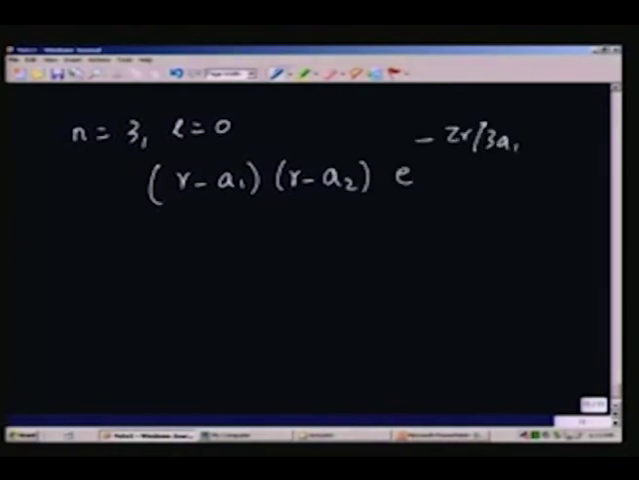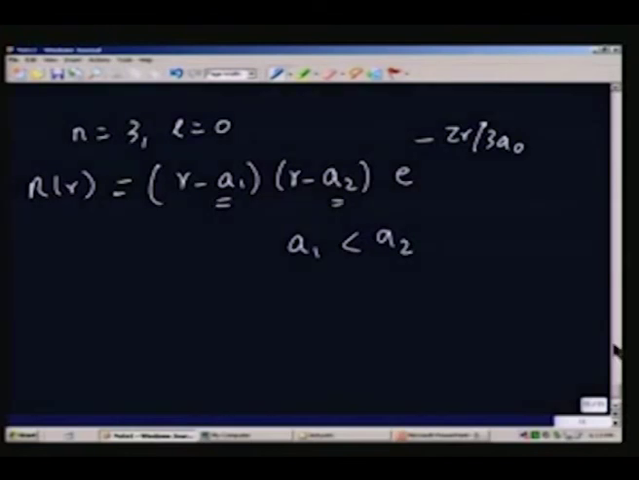The function can be written for n equal to 3 and L equal to 0 as a function (r minus a1) times (r minus a2) times e to the minus Zr by 3a naught, where these are the roots of the quadratic, and if we assume that a1 is less than a2, and if this is the radial function r, you see that from 0 to a1 this function is positive, between a1 and a2 this function is negative, and at a2 this function is 0, and when r is greater than a2 this function keeps on increasing as r square,